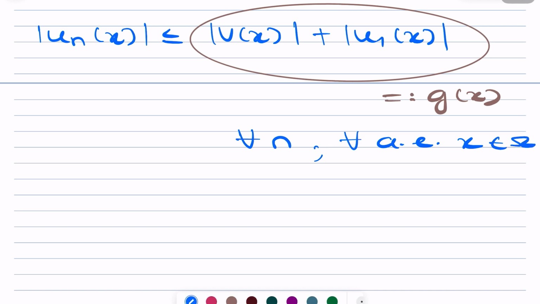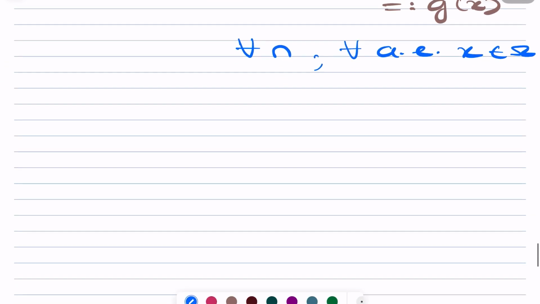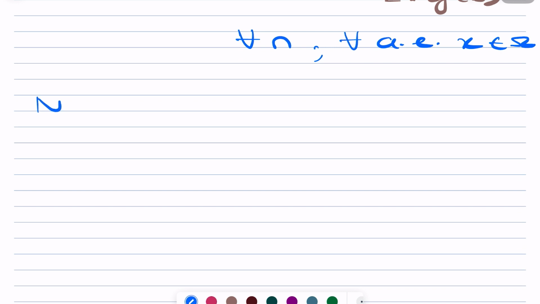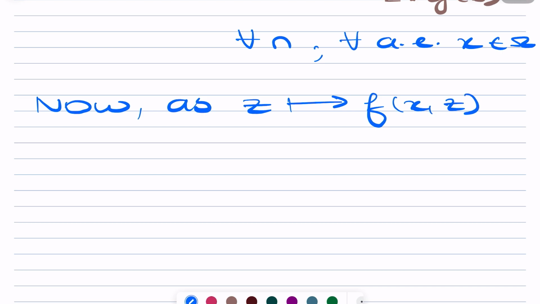Okay, so now we know that our function is a Caratheodory function, so that means u as a function of z is continuous. Now, as this map here is continuous,